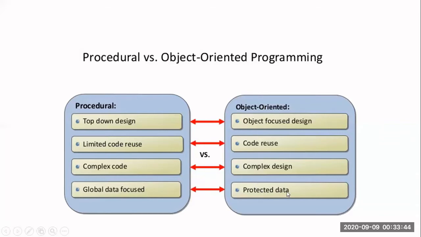Here we can use protected data. Protected data means I can decide whether my data is accessible to everybody, then I will declare it as public. If I think it should be accessible only within my program, then I can declare it as private data. Apart from that, we have default, protected, and similar varieties of data protection modes under object-oriented programming.